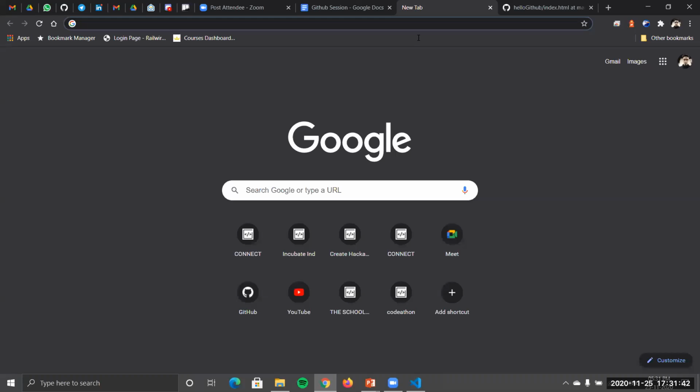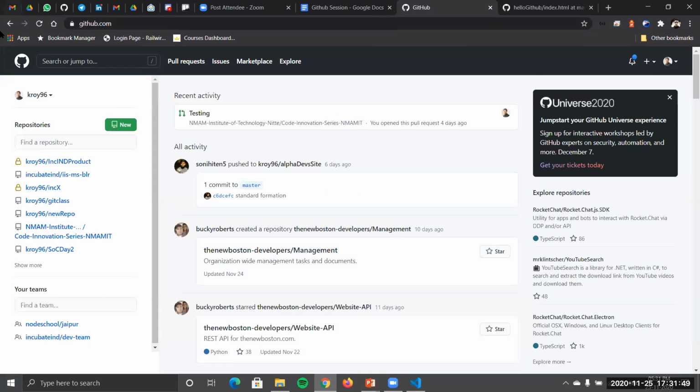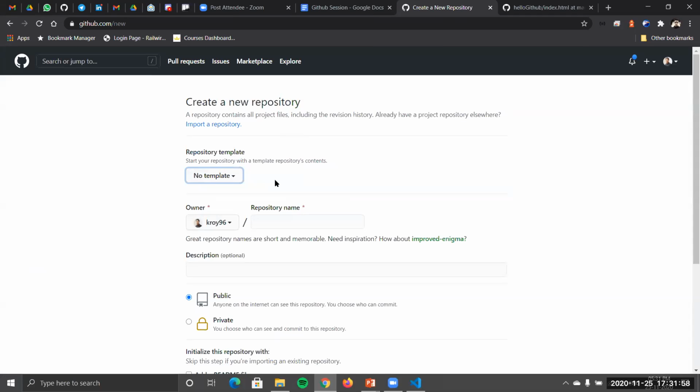So to create a repository on GitHub, you need to have your GitHub account. As soon as you have created a GitHub account, you will land on something which looks similar to this. Go over to New over here, which asks you to create a new repository. You can select a repository template, which you could avoid, which may not be appearing right now to you. You can type in the repository name which you wish to have. So just say hello Git